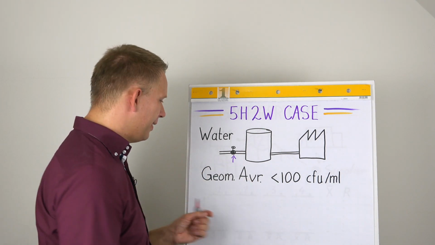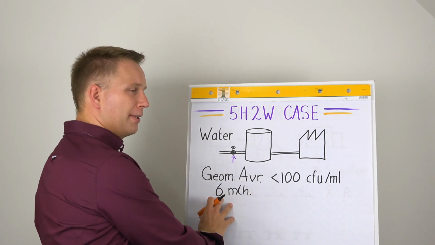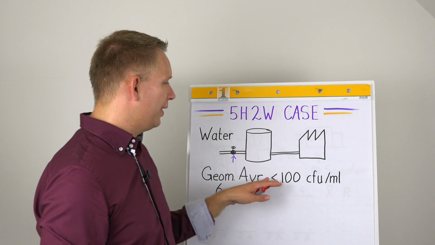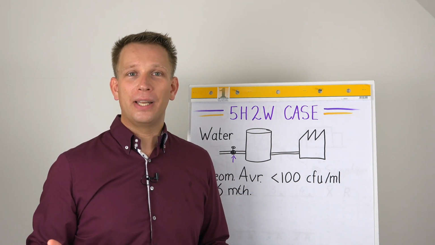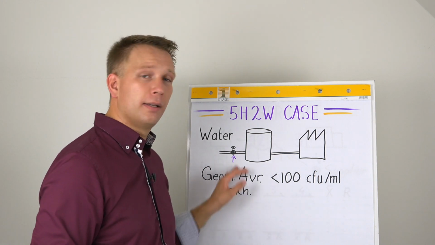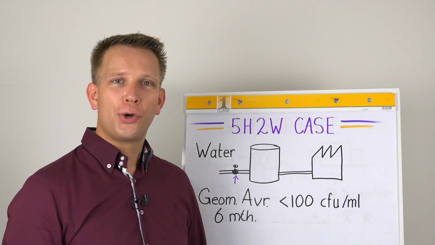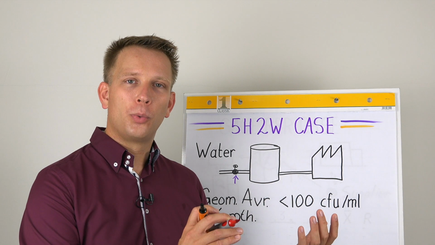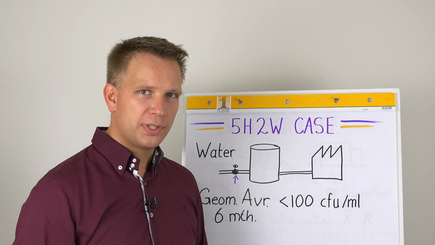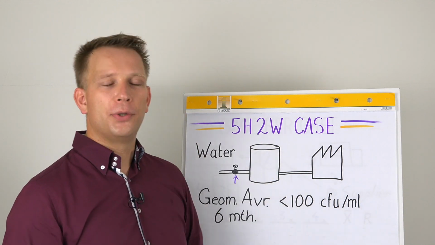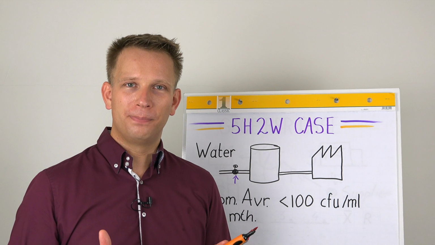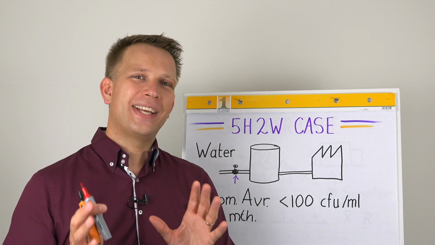And then you always need the time. 6 months geometric average. As soon as we knew this, we did the calculation. We hadn't been over this limit already for years. So when we were doing our weekly tests, and from time to time, and this is once every couple of months, one of the values would shoot over, this was actually not a problem at all. And that's why I said at the beginning,